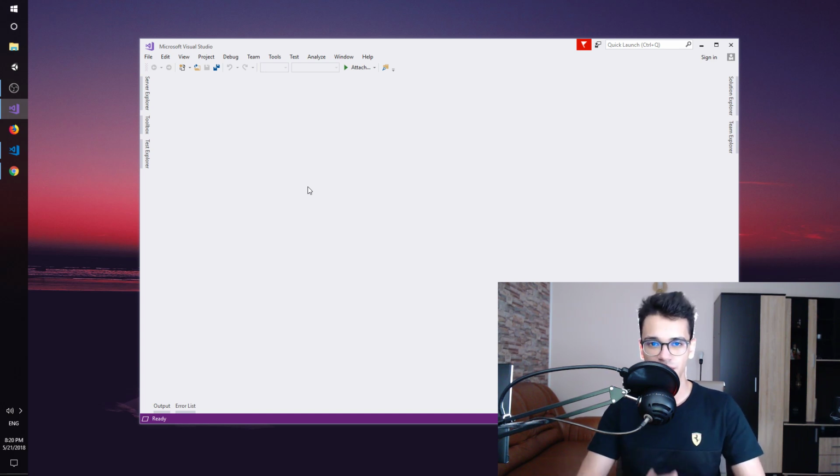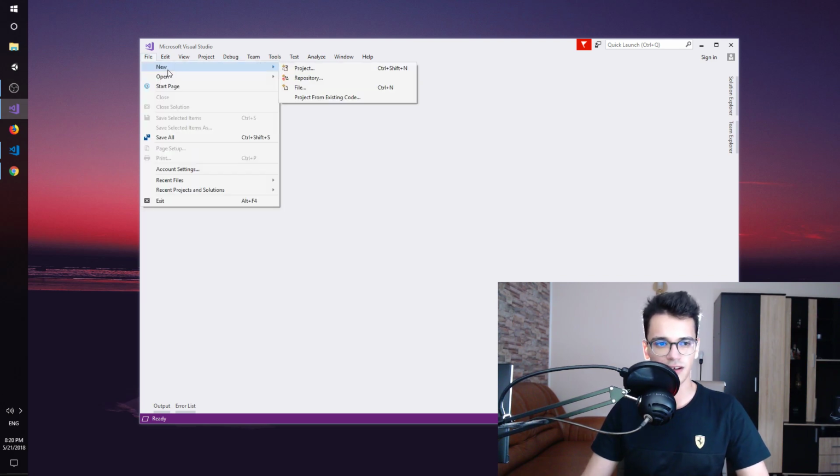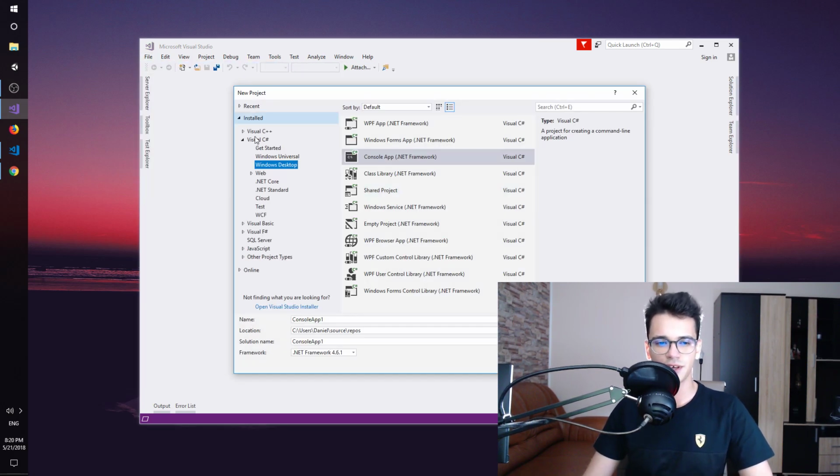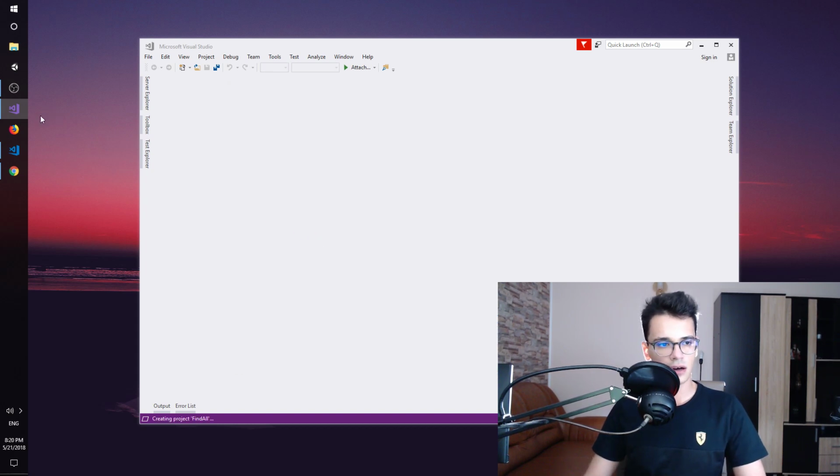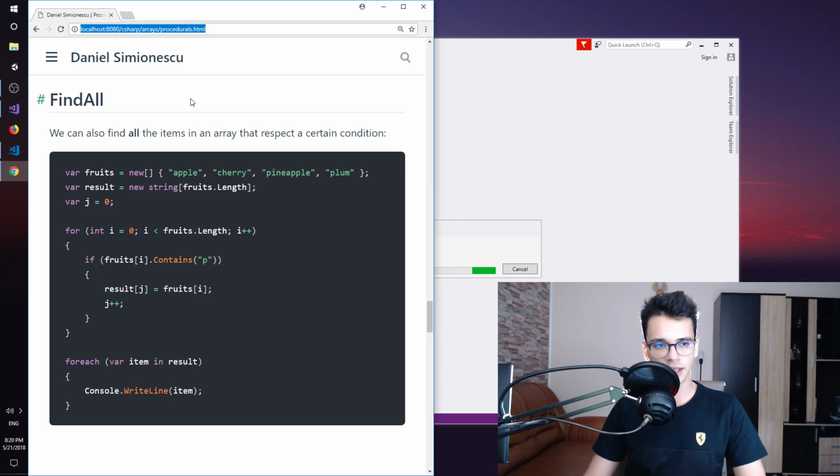Here I have Visual Studio opened, and I'm going to create a simple console application by going File, New Project, and from here under Visual C#, Windows Desktop, I will choose Console App, and I'm going to name this FindAll, and hit OK. While this is building and constructing,